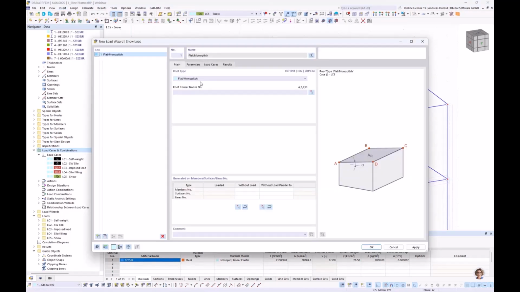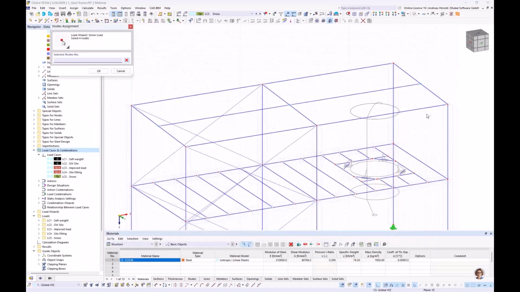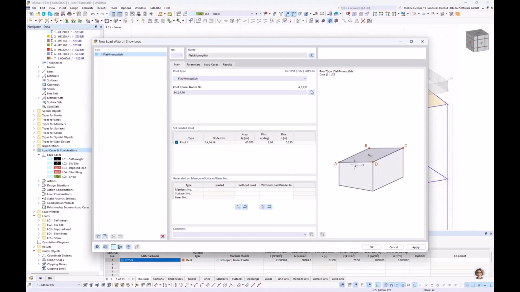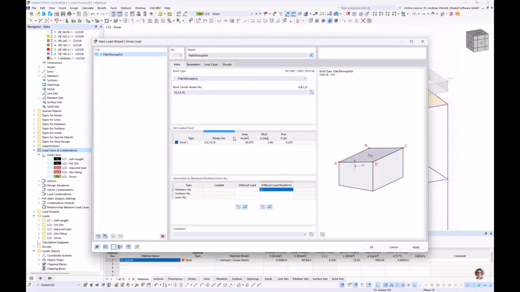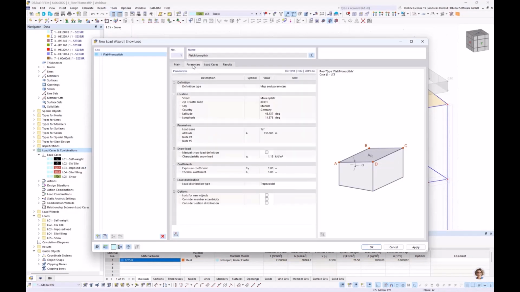Okay. There are different types for the roof, flat monopitch that we use, and there's also dual pitch available. So I need to select the roof corner nodes. Okay. I have to exclude members from the load again. Members that are parallel to this one. Okay. And then I switch to the parameters, and the program overtakes